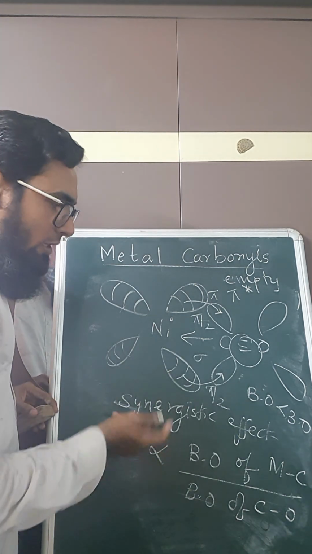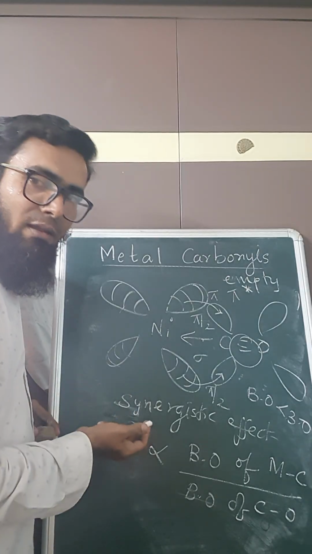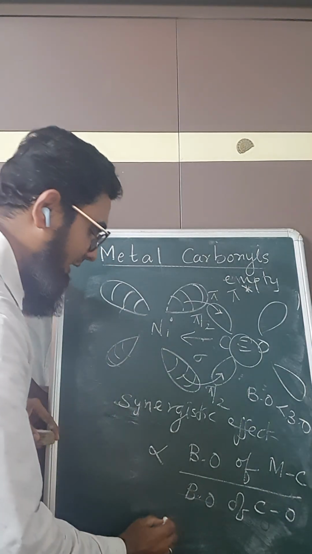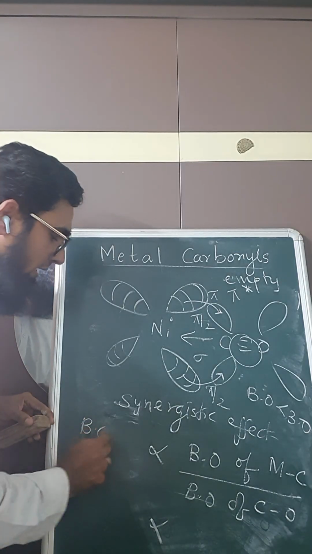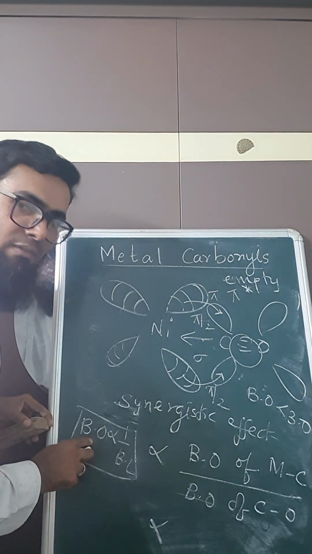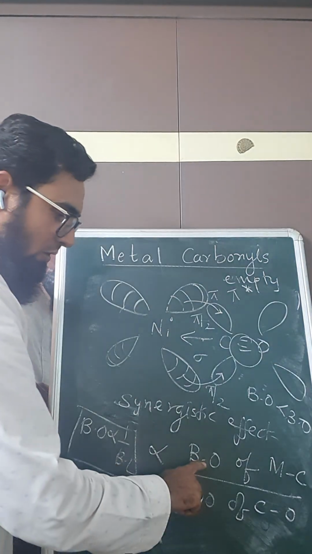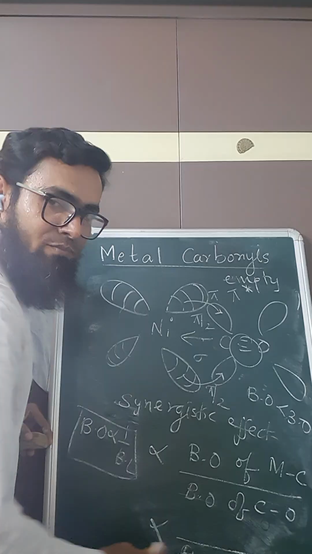And not only due to the synergistic effect, bond order will be affected, another bond parameter, bond length also will get affected. So what about the bond length? You know, generally bond order is inversely proportional to bond length. When bond order increases, bond length decreases. So here bond order of MC is increasing means bond length